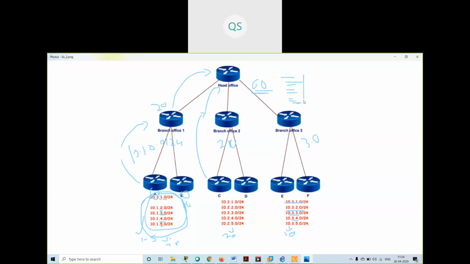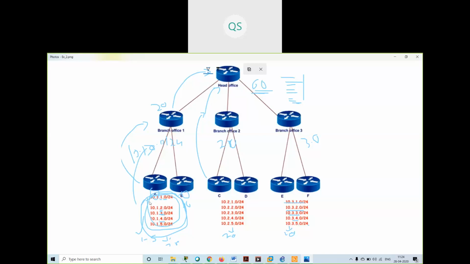Now it will be very difficult for us to troubleshoot or do anything if we have a large routing table. When I give the command show IP route, I will get a large routing table. So it will be very difficult for me to verify the things. So what I will do, I will make one summary address out of this address and send it to this router.